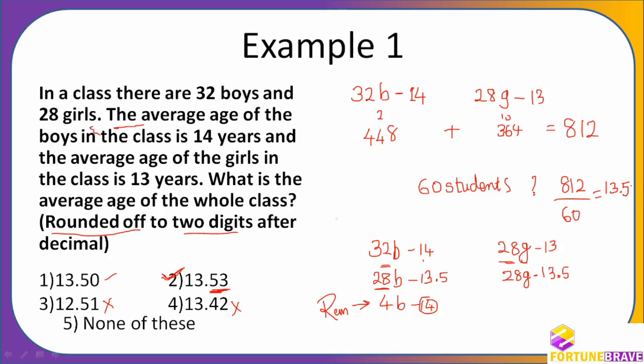Now what we'll do? We'll just imagine that it has to be more than 13.5. I am going further and trying to explain. These 4 people will be having more than average. So they have to give how many? 56 people. How much are they having above average now? 0.5 into 4. Each one is having 0.5, into 4, how much? 2. And they also have to get it, 60 people.